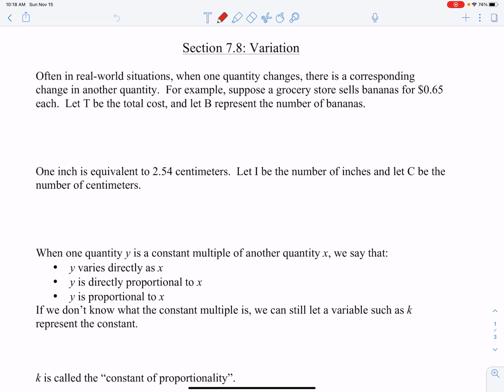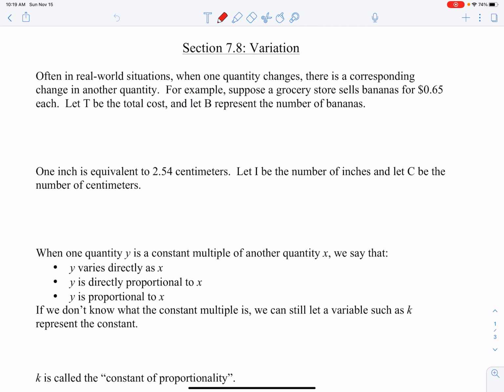In section 7.8, we're going to study what's called variation. This is something that's very practical and has a lot of applications in sciences, business, and all sorts of things. Variation happens when, if one quantity changes, there's a corresponding change in another quantity. For example, when you go shopping, as the number of items you buy increases, the cost of those items would